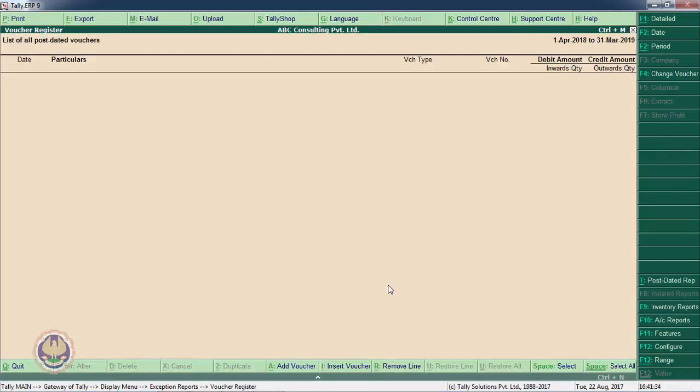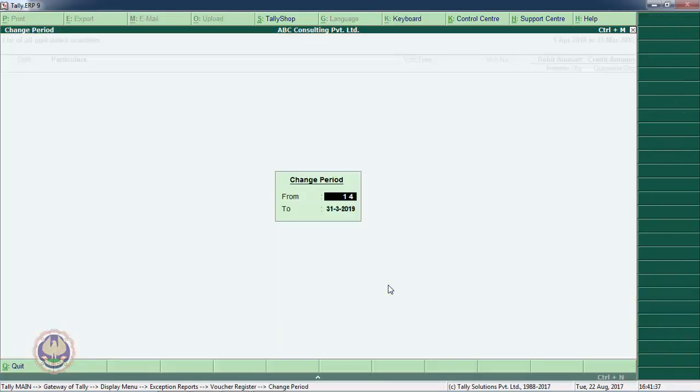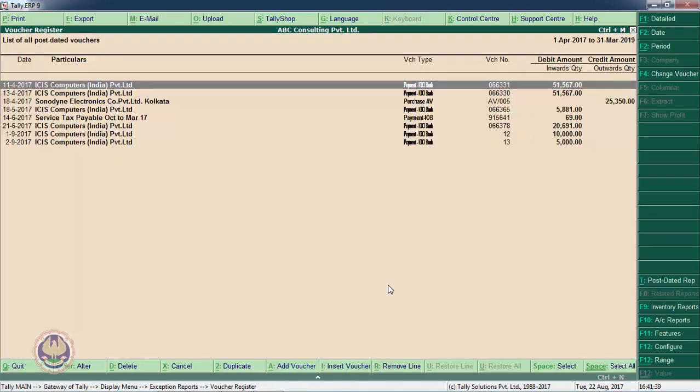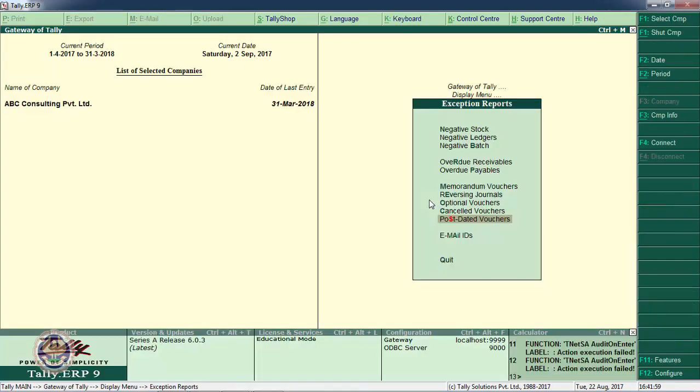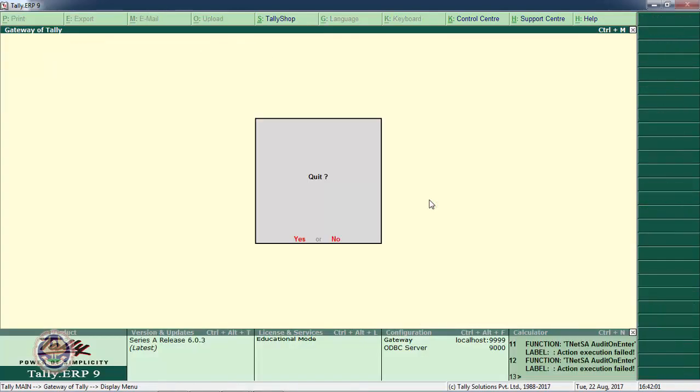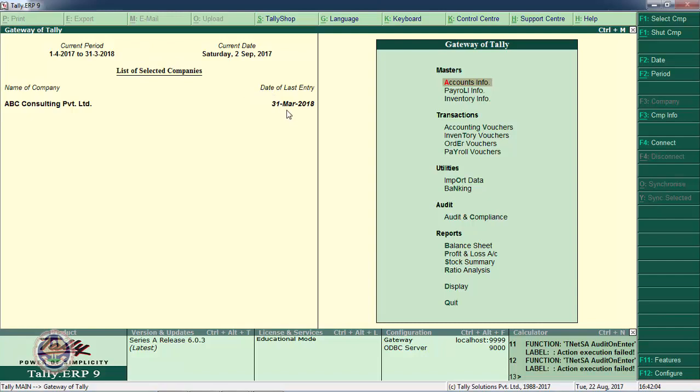Let us go inside this and check, are there any vouchers? We have post-dated vouchers. Yes, there are certain vouchers. We can put a mark of post-dated in Tally. This is the post-dated mark. If you wish to remove this mark, there is a button here, Current. By pressing Current, we can remove the mark. By clicking on this post-dated voucher, again we can get it as post-dated. The post-dated vouchers are not considered for one particular date that I will show to you. This is the date of last entry. Post-dated vouchers are not considered for the date of last entry.